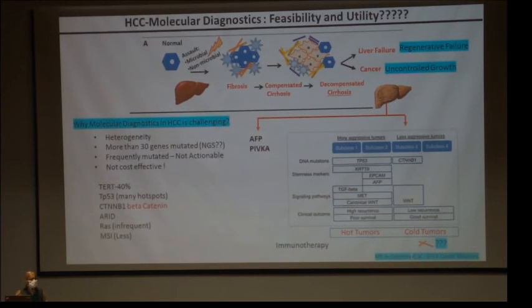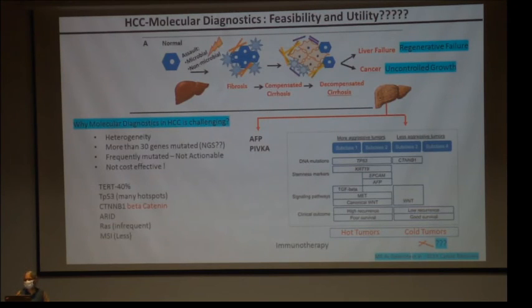But from an academic interest, yes, there is an increased amount of TERT, and this again is indicative of senescence, P53, and beta-catenin, ARID; RAS is infrequent, and we can also start with the MSI panel, I'm not discussing that. But from an HCC point of view, there are 2 types of tumors, aggressive and non-aggressive. The aggressive ones have high AFP. These are the ones for which a new classification of HCC is now coming.